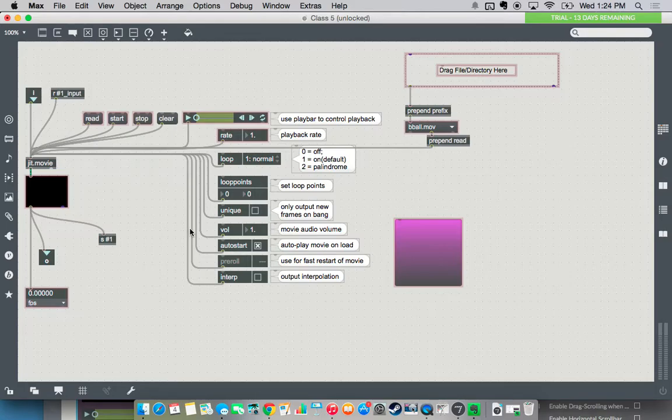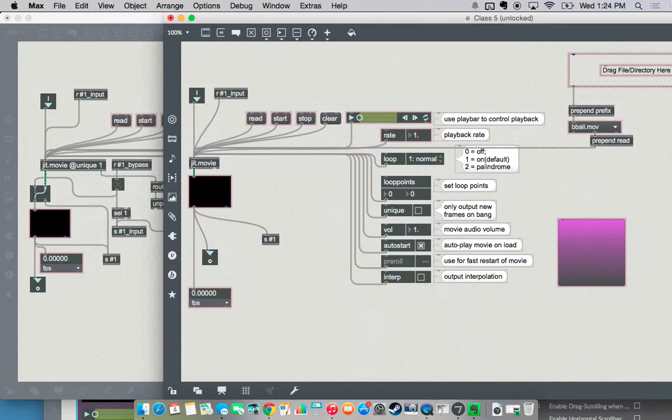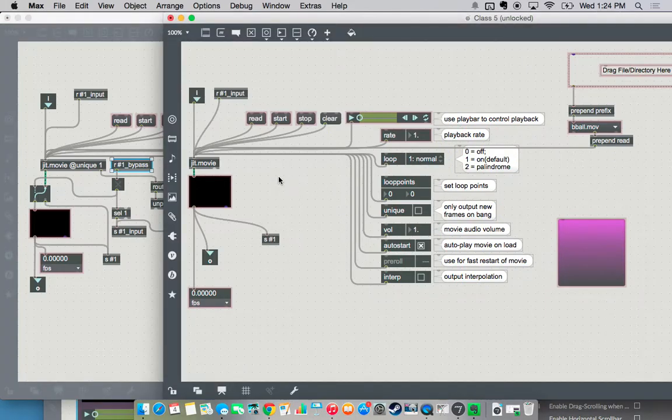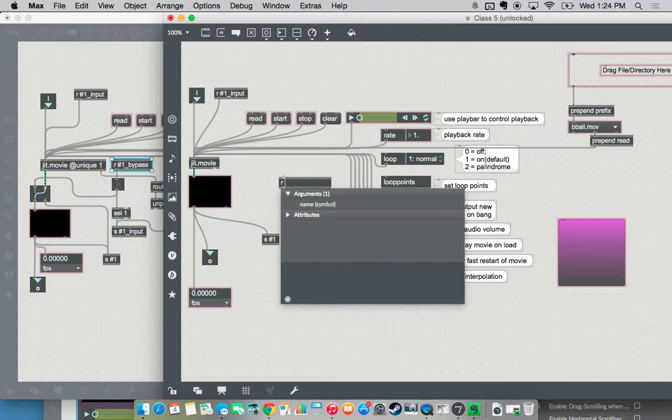Okay, so, and if we want the ability to bypass this window, let's see, what did I do? I don't have this one in my notes for some reason. Okay, here we go. So we want to copy this code over here. So we got #1 receive, right? Because I need to be able to send